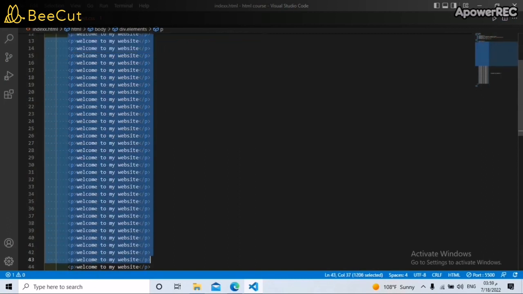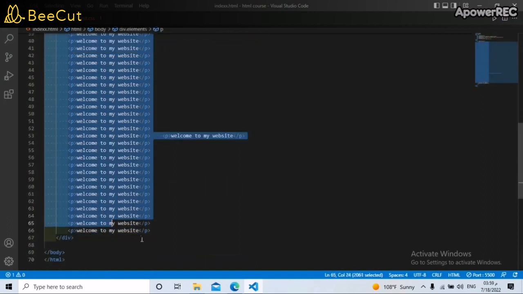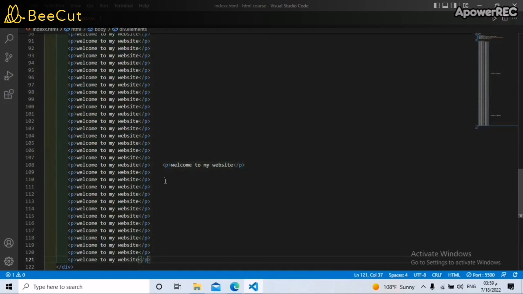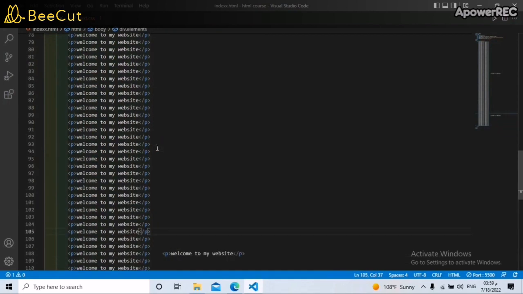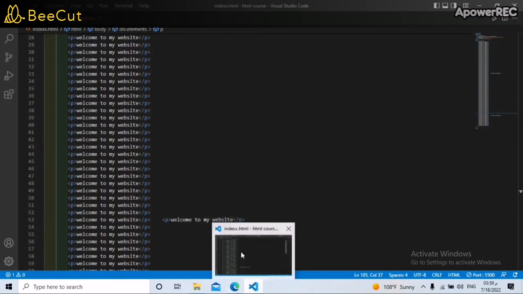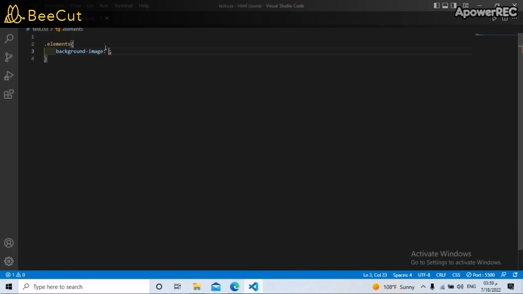And let's copy this one and paste it again, because we need a lot of paragraphs, a lot of elements to show the background of our elements. Let's go to the CSS and let's choose the image, for example,